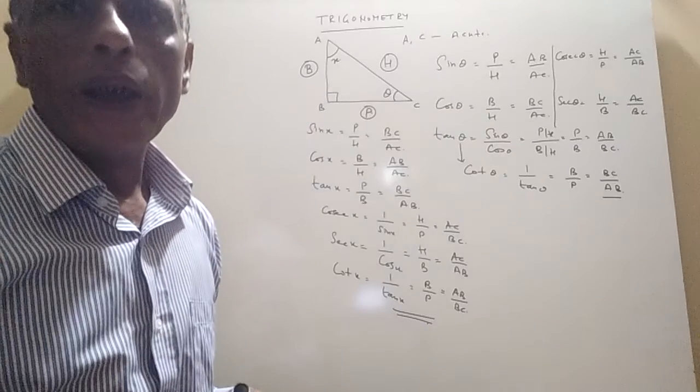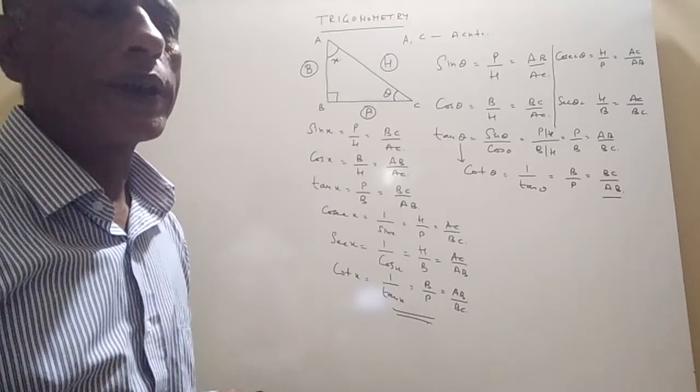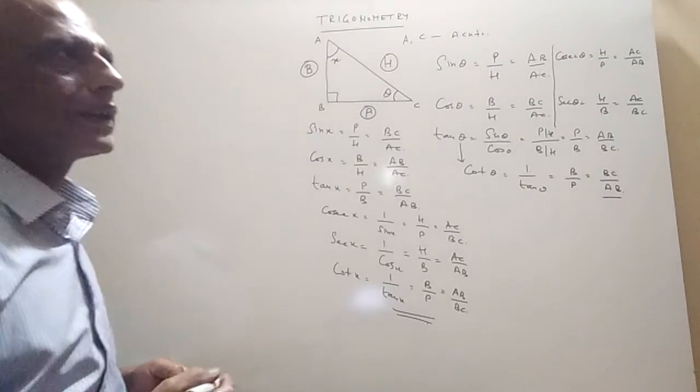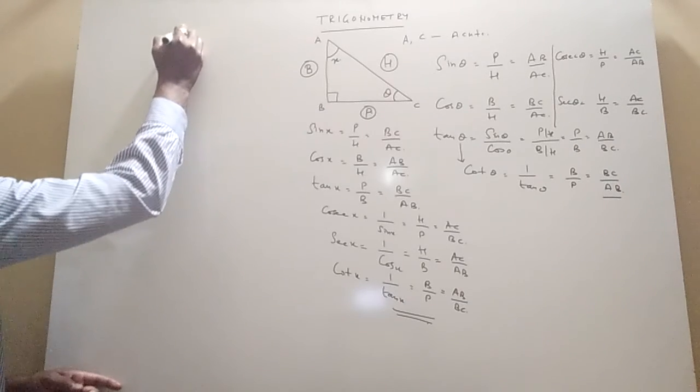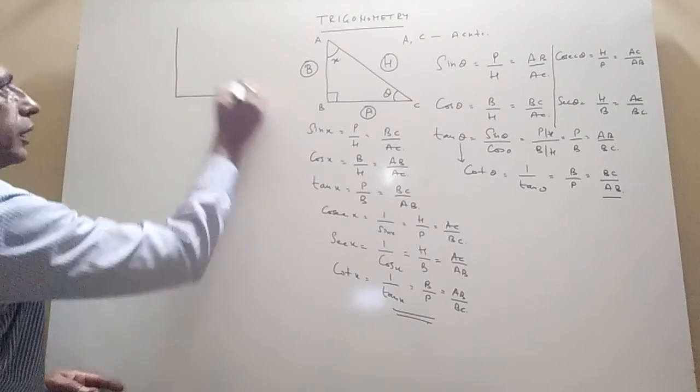So let's do an experiment. Let's do a question related to these trigonometric ratios. Suppose we have a triangle